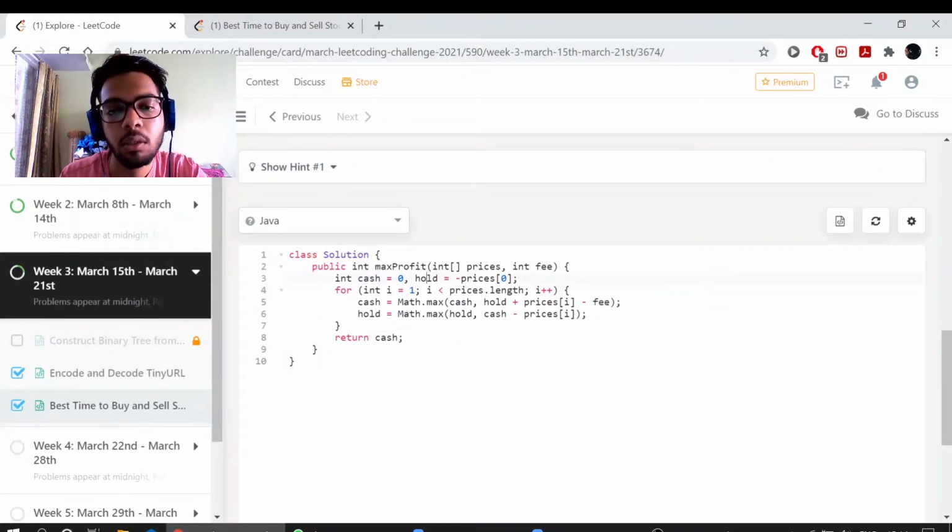So what we need to do here is first we need to understand these two variables. This is hold and this is cash. So what is hold? Holding is when you buy a stock and keep it for yourself, not for selling it later. What happens in holding is we every time face a loss because we are buying something without selling it. And cash is basically selling that stock and earning cash on it. So cash is all the time, what do we call it, profit.